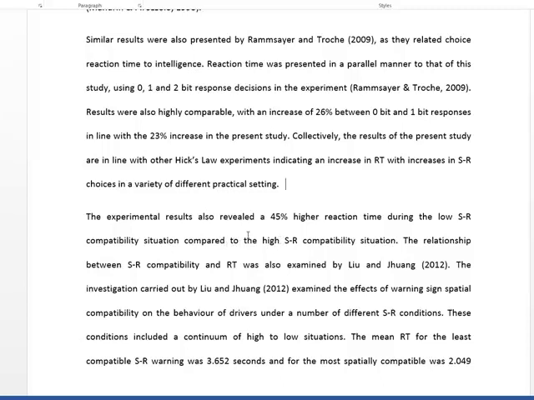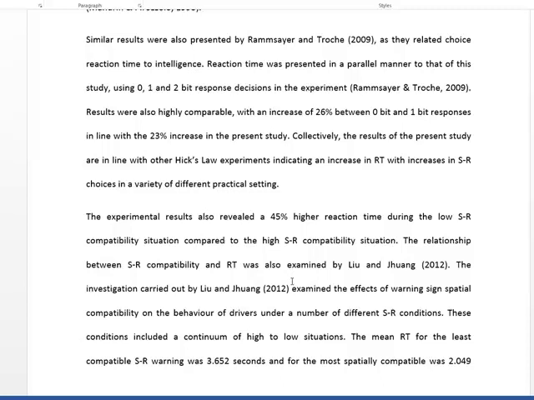The first one was just more choices equals slower. Now I'm talking about how low versus high compatibility reflects. And then I've gone through the whole process again, comparing the evidence to what other people have found. That's a second theme. In this example, it's not one argument versus another. It's just two separate sets of results that I'm discussing in complete full detail. That's what high distinction looks like